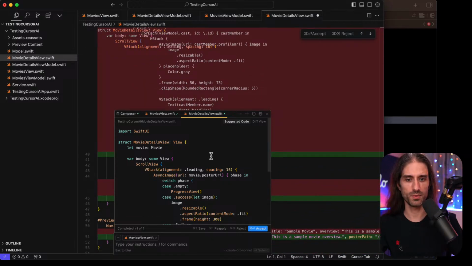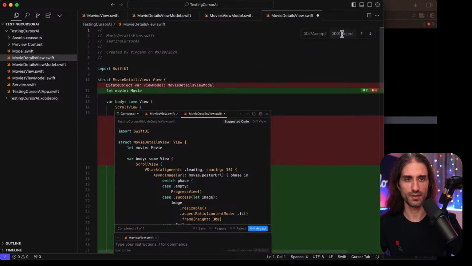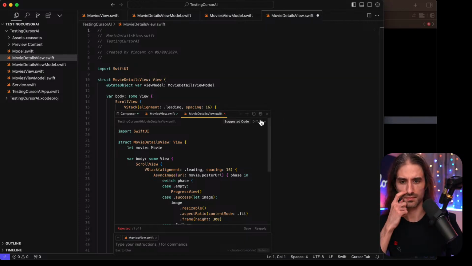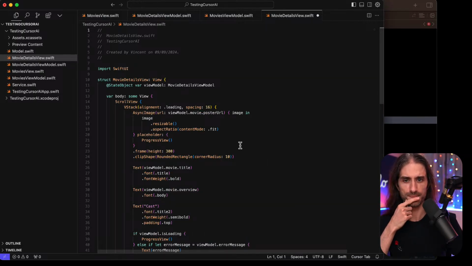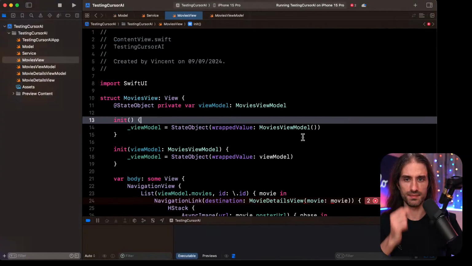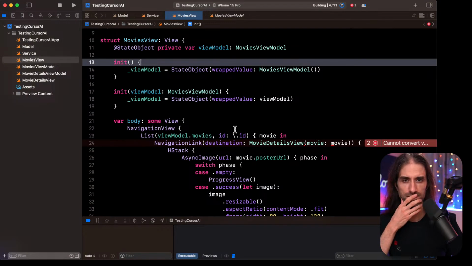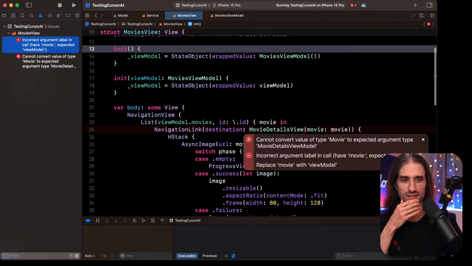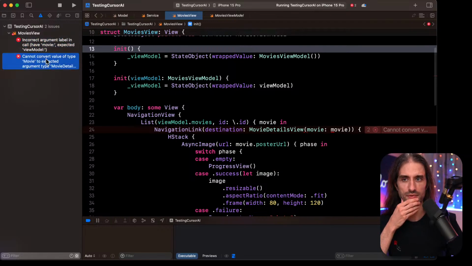So this one, I'm not happy with it. So I'm gonna say no, I don't want this change. So let's see what's gonna happen. So now I have some errors to fix. So yeah, movie details view.